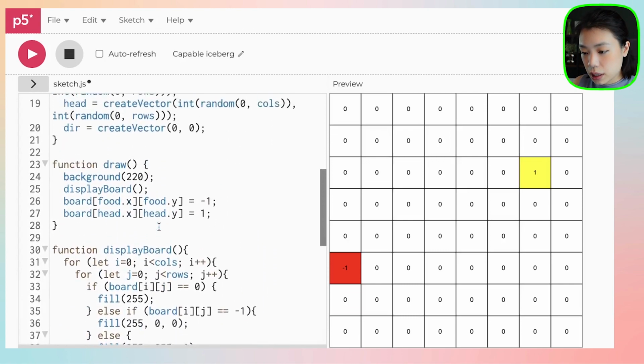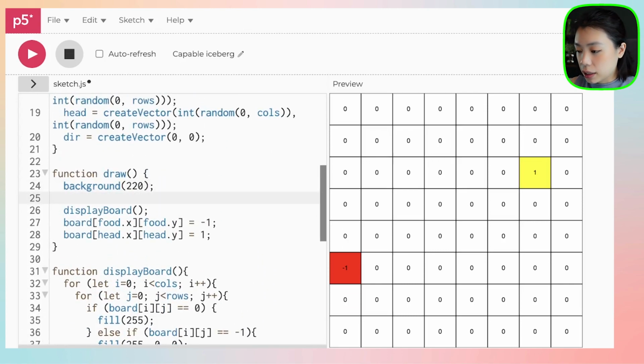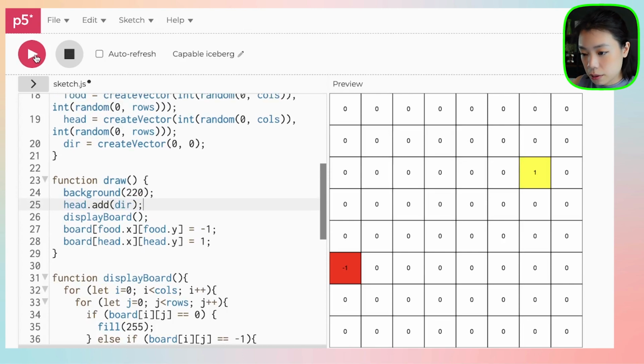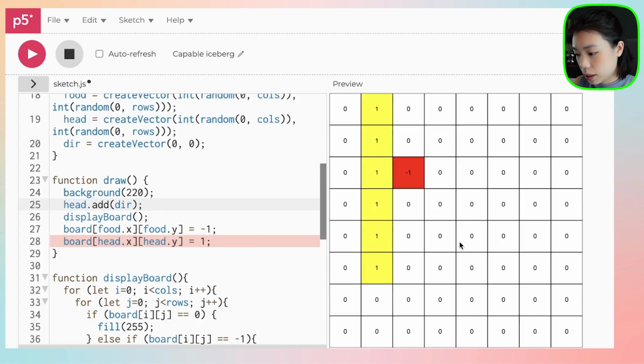So once we have this, we can move the snake's head, and we can do that by saying head.add(direction). This function basically adds the x component of the vector head and the vector dir, and also adds the y component of the vector head and the vector dir. It is a method within the class vector. So let's try this. I'm pressing right. Oh, you see, I'm pressing up. I'm pressing left. So it's doing what I want it to do. I'm pressing down,